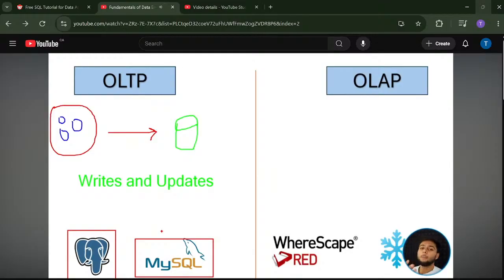DBAs. You will not be managing OLTP databases. You will treat the OLTP database as your source, because it is just a source for you. If the DBA manages it, how does he manage it? So he uses a concept called